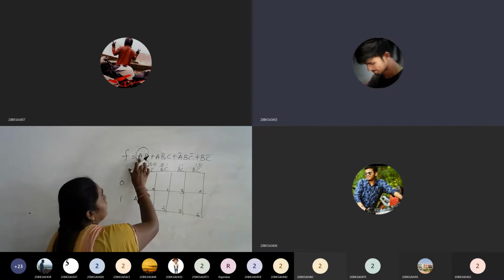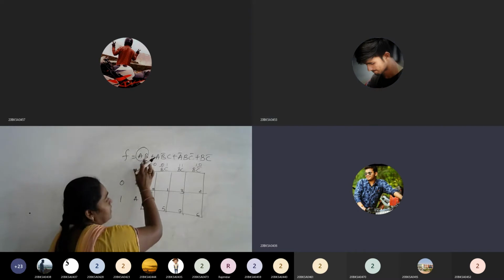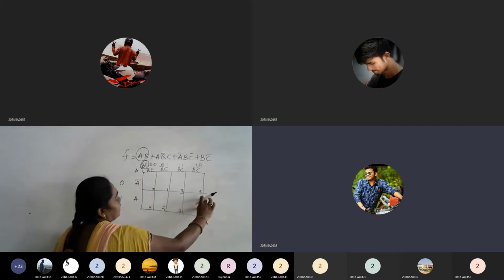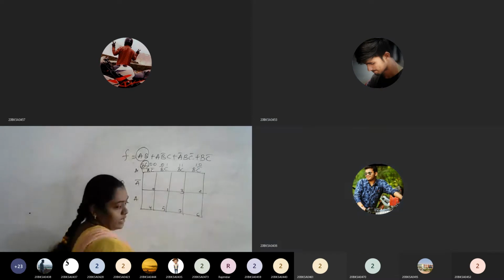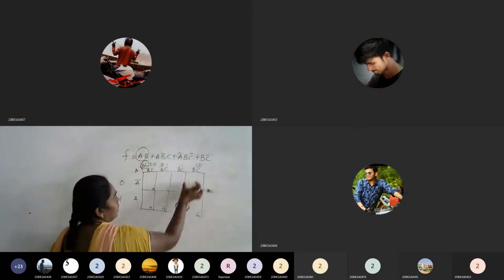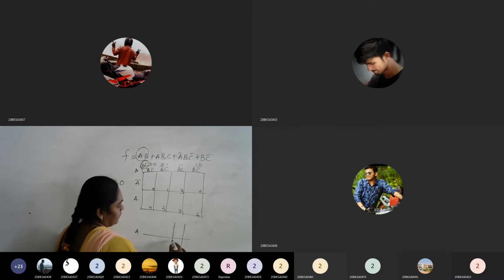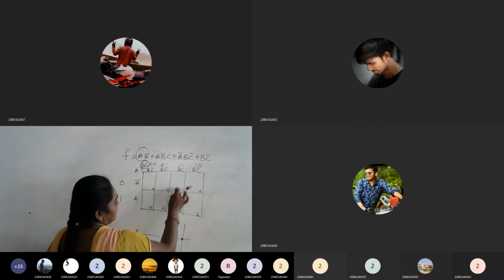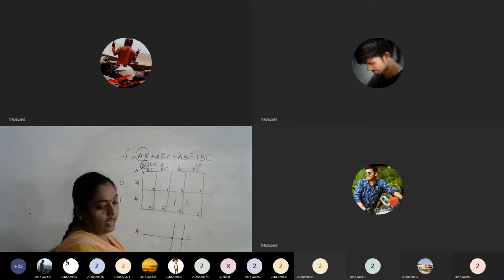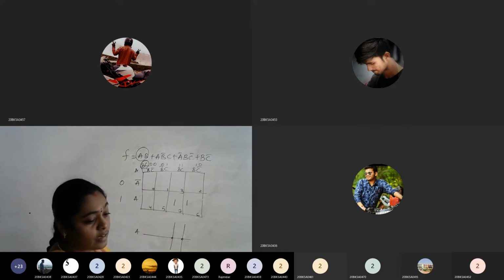The given minterm is AB. A is related to the second row, and I'm selecting the second row. B is present in the third column and fourth column. So the intersection of row and column, this is the A row, and this is the third column and fourth column. The intersection of these points is your minterms. These two are B and A is the same, so these are related to AB. Is it clear? Yes, ma'am.